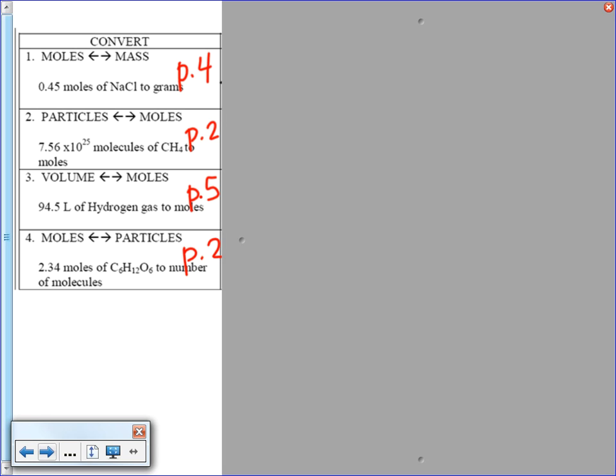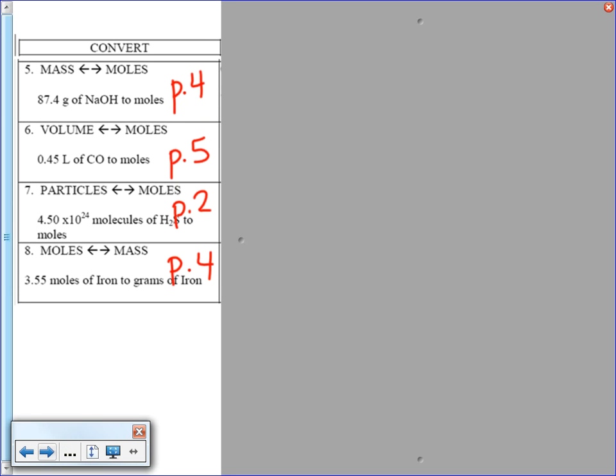So as we're looking at these practice problems, one of the things I would like you to do is look and see in your packet, where can you find help? So I've written some page numbers here for problems 1 through 4. You could look to page 4 for help on number 1, page 2 for problem number 2. And as you do this, this is one of the reasons that I made this packet for you for stoichiometry. You can always refer back and find some practice problems that will help you with setup. So hopefully you've taken the time to either write those down or you can look it up for yourself. And then for the second half, there's questions 5 through 8. So those are the page numbers you could refer back to if you feel like you need help with setup